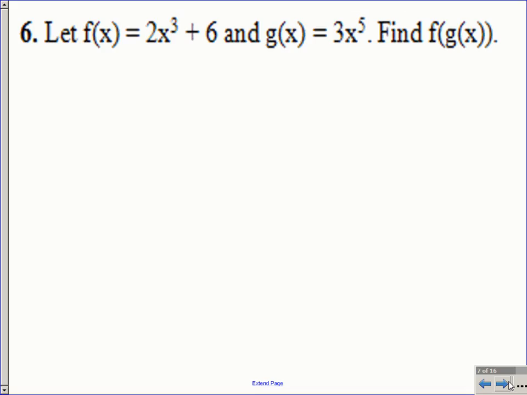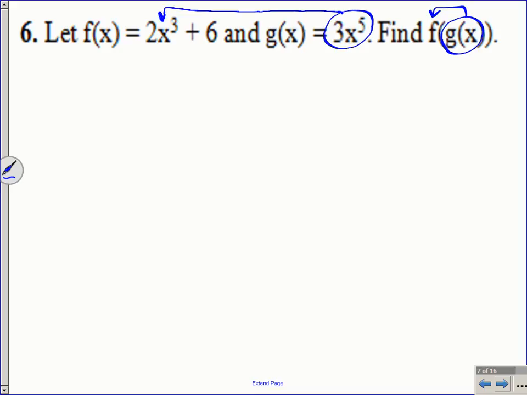All right, number 6 gives us two functions. F of x is 2x cubed plus 6, and g of x is 3x to the 5th. And it wants us to compose them. So f of g of x. So remember, that means you take the innermost function and put it into the variable for the outer function. So we're going to be taking the g of x function and putting it in for x in the f